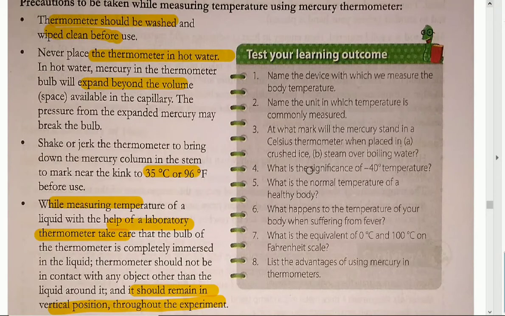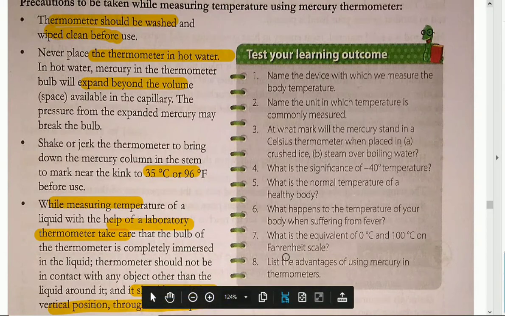What is the significance of minus 40 degree temperature? What is the normal temperature of a healthy body? What happens to the temperature of your body when suffering from fever? What is the equivalent of 0 degrees Celsius and 100 degrees Celsius on the Fahrenheit scale? List the advantages of